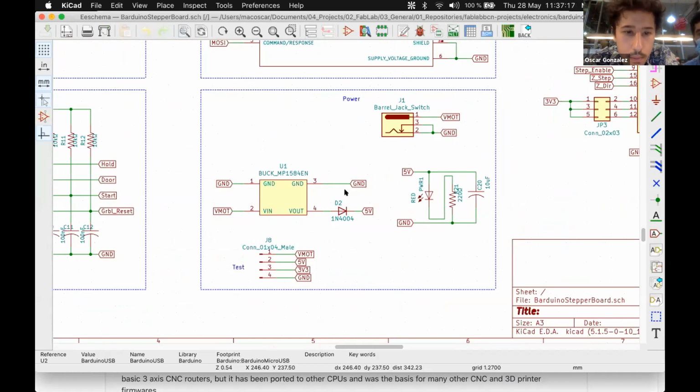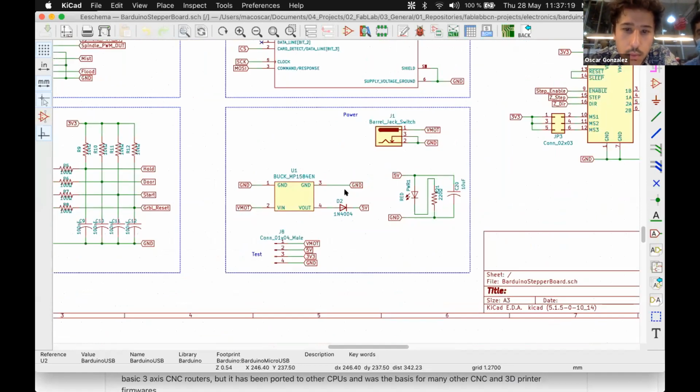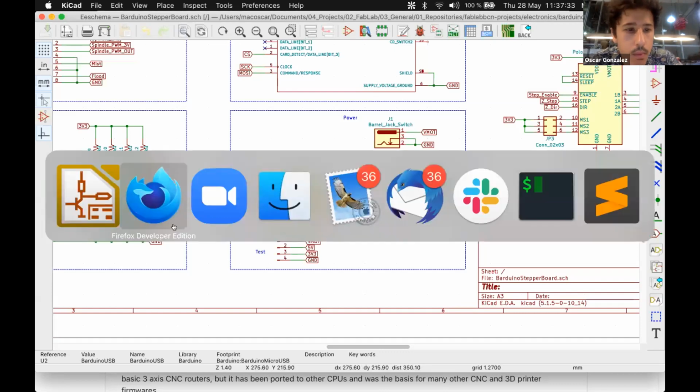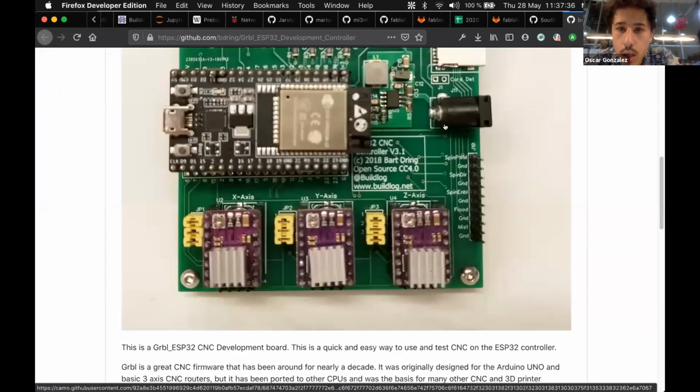Because the ESP has almost all the memory space used on storing the HTML interface and the control firmware. Okay, then with respect to power, you have a barrel jack connector, like this one, the same as the Arduino Uno has. And we have these little guys